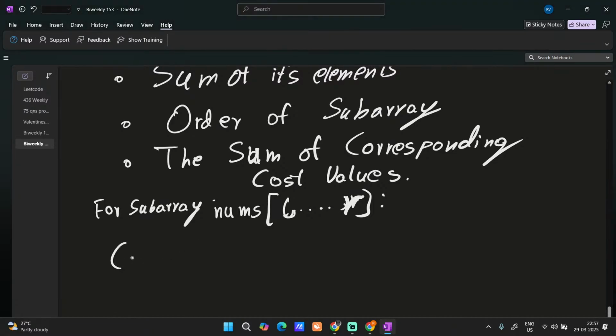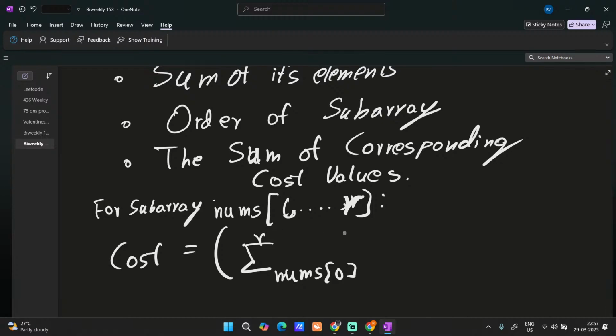What will be the cost? I'm going to write the formula. Cost is equal to summation of nums 0 to R plus k into i into